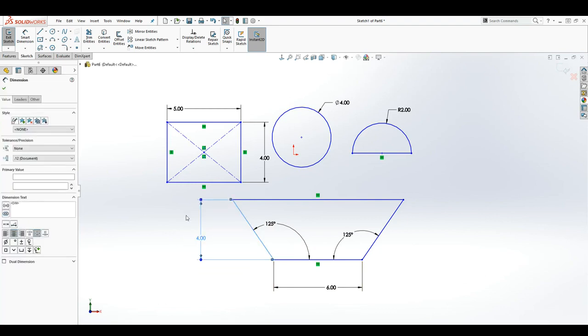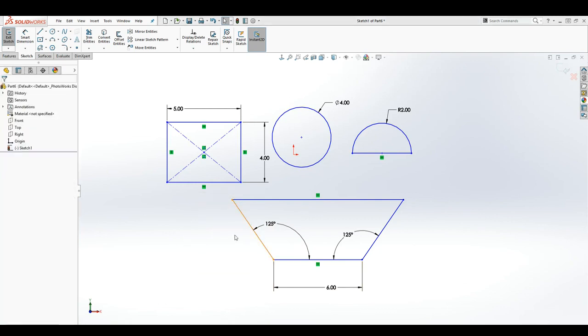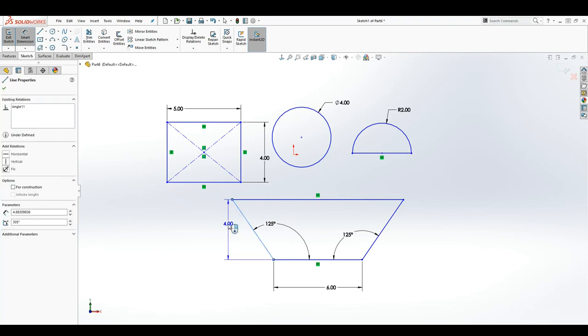So let's delete this 4 dimension. Let's say we want to add another dimension to this line, but we don't want to add it from this point to that point. We want to add it the way this line is angled. So we'll select our smart dimension, select that line, and as you can see, it's adding the 4 to it, but to make it align, you have to pull it down a little bit